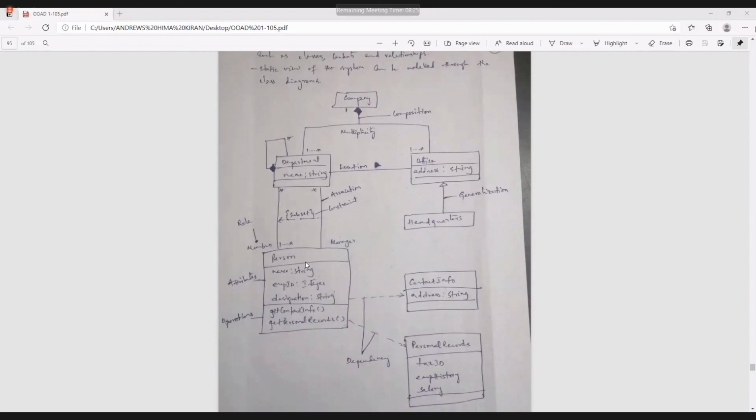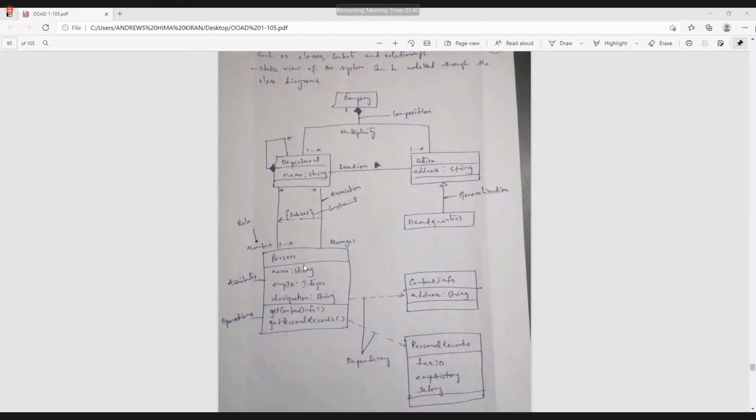A department may contain many people as employees, and among those many people, one employee or one person acts as a manager. That's why the name manager has been represented. So this is considered to be the constraint, that is the rule. Each and every department will contain many people, and among those, one individual acts as a manager, and I'm naming that as a constraint. And the subset of the department, that is a part of the department.